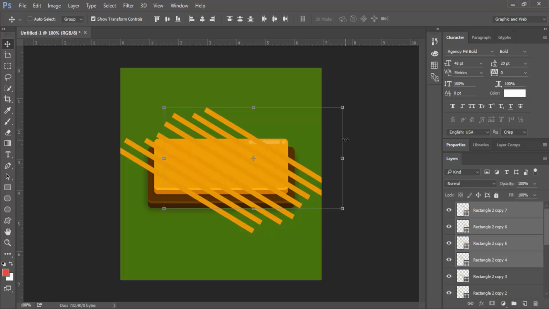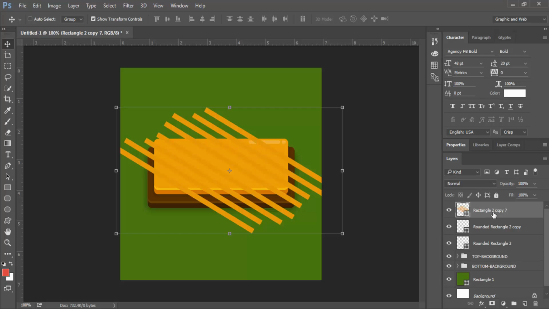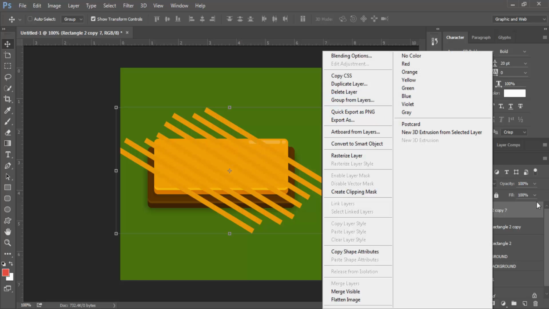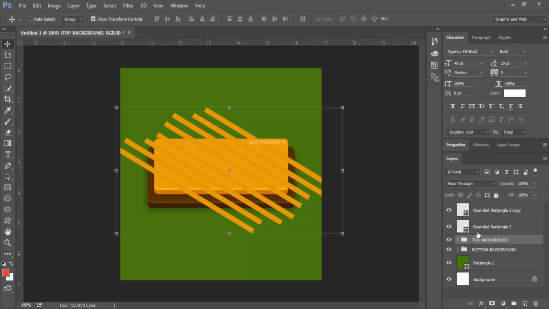Okay guys, here we go. Select all layers once more and go to merge layers, merge shapes, then move the layer into the top background group and create a clipping mask.